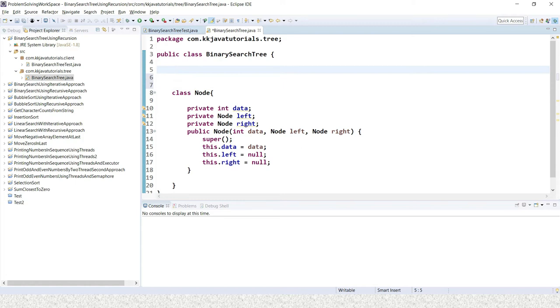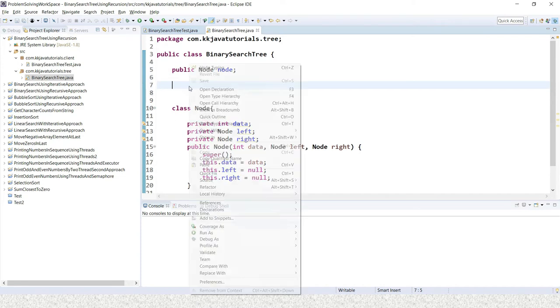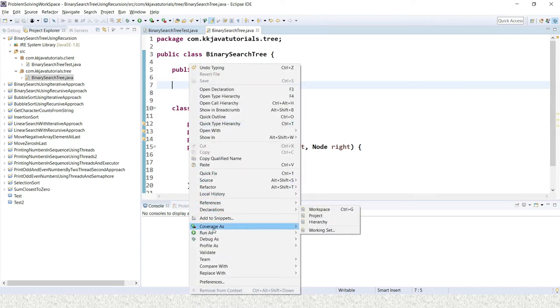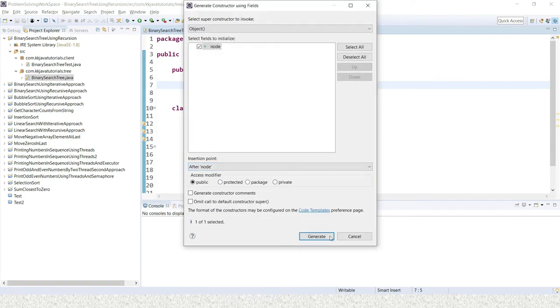Now here I am going to create a class. It's called, let's say, public. I'm going to just declare a variable node, right? And here I can create a constructor. So I go to the Source, then Generate Constructor.